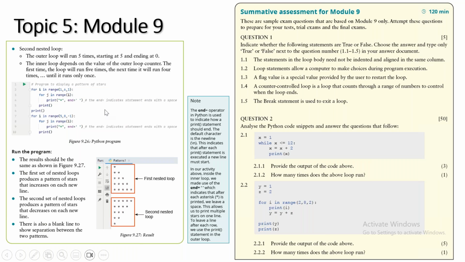So here we have very nice examples when it comes to displaying patterns. And then again, just to reiterate, summative assessments, again, types of questions that you could expect in a theory paper, and then also the types of questions you can expect in a practical exam paper.